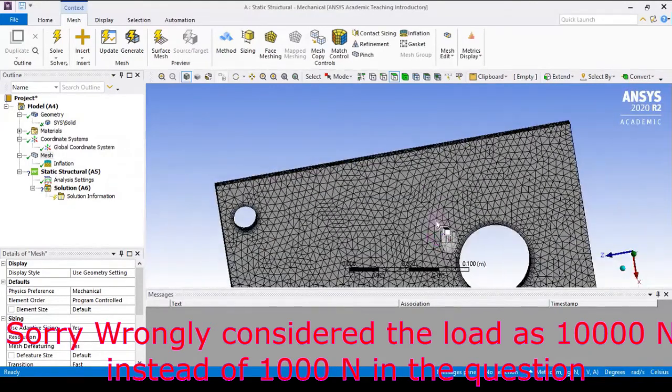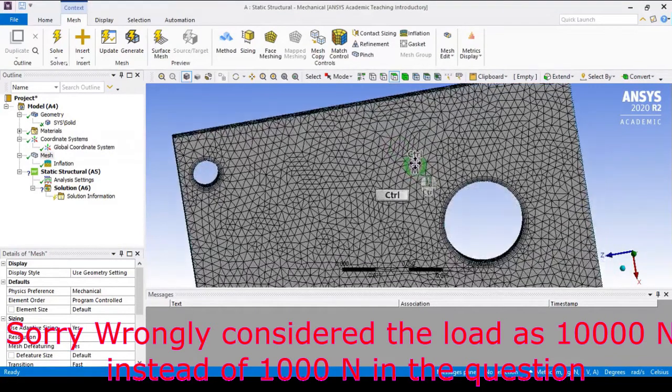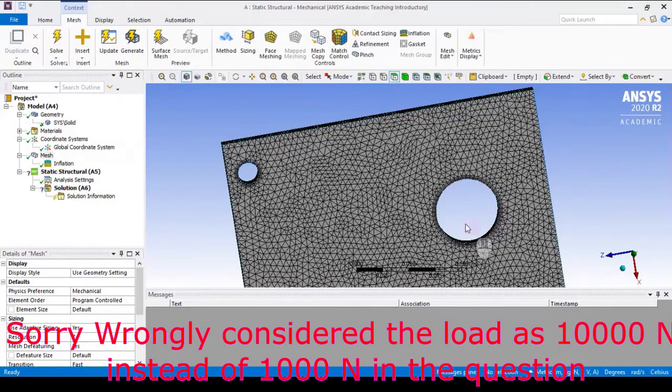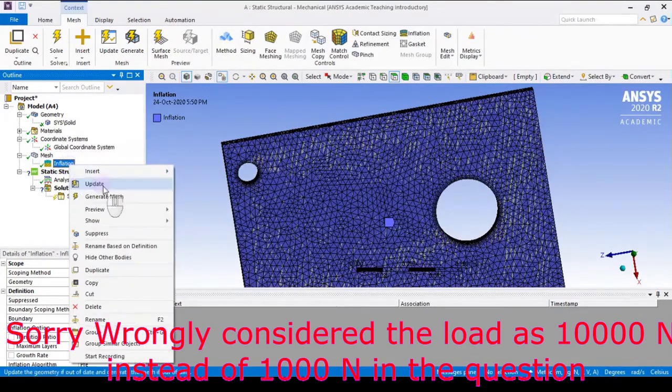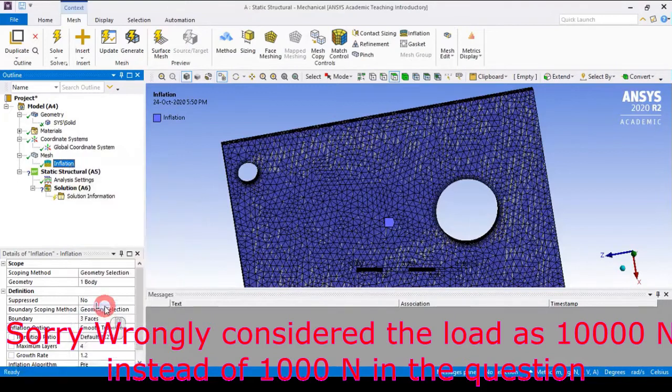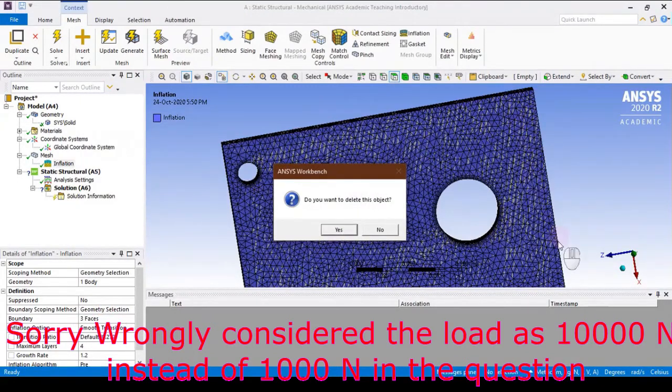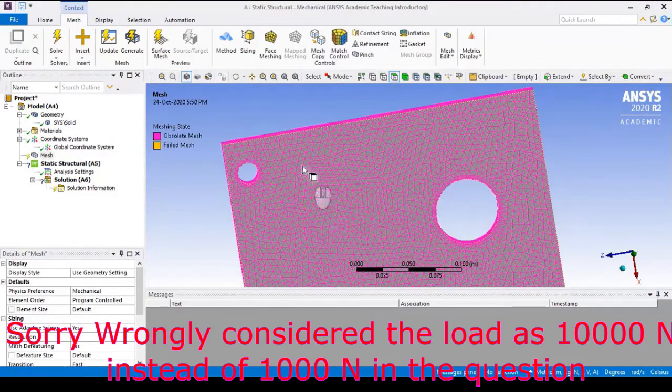So this is also useful when you want to mesh something in a smooth way. So along the circle or whatever it is you want, you can go for it, right? I am not going to do it with this now. I'm going to delete this inflation because I need it in a rectangular way, because this has lots of elements which takes lots of time for me. You can try it out. Anyway, the solution you will get will be nearer to it. So to avoid some time constraints, I'm reducing that.